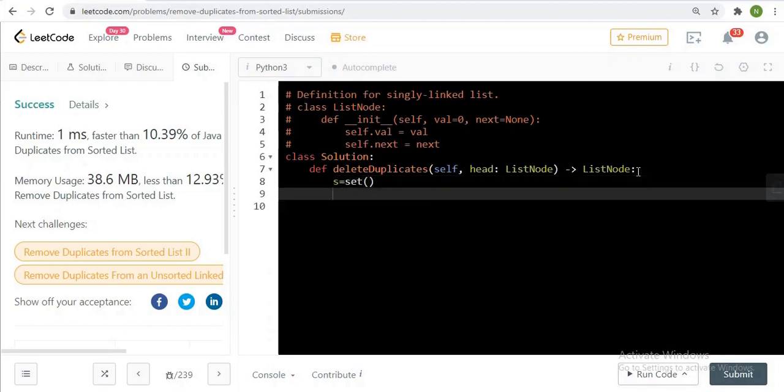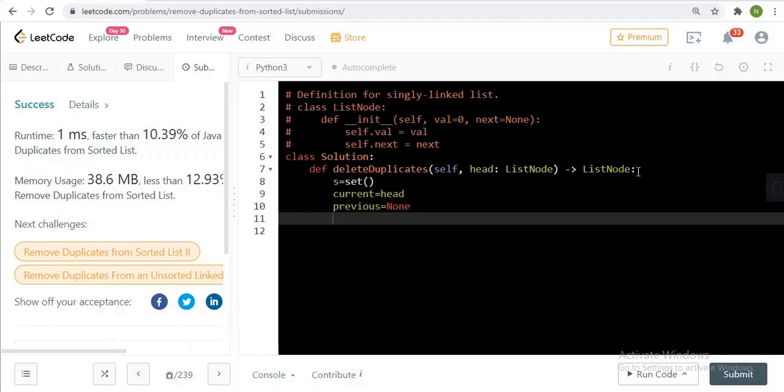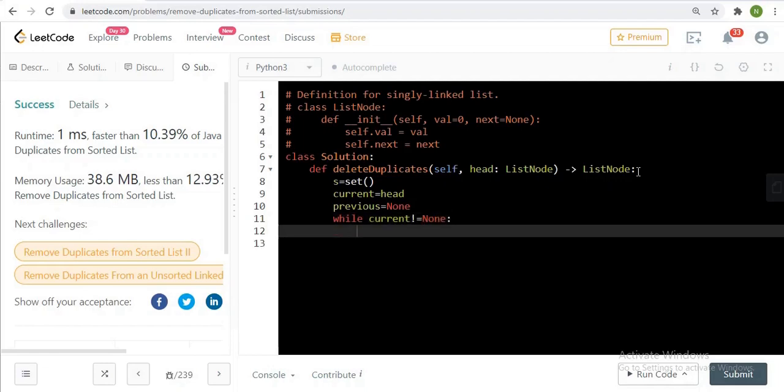First current is equals to head, and previous is equals to none. Now iterate while current is not equals to none. In Python there is nothing like null, it is none.